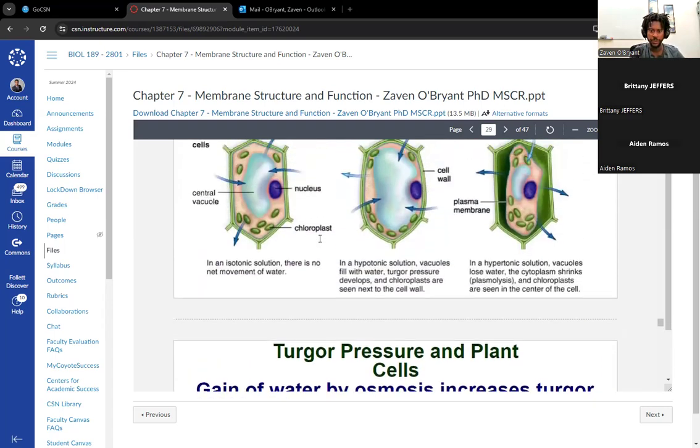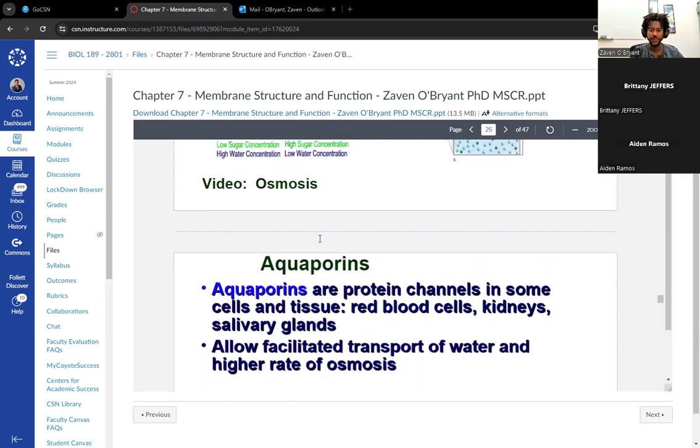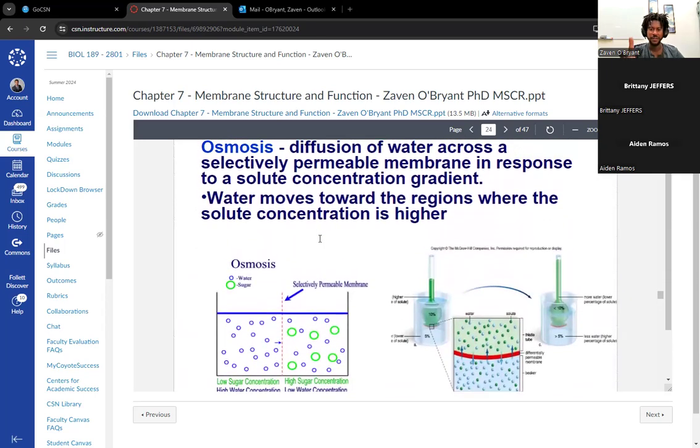The most important thing for you all is osmosis. And so this is the slide that I used, and it has the animation on the left. Osmosis is relative, and so you have to describe it in terms of the cell or the solution, and you can also describe it two ways, describing the water or the solute. And so in the bottom part,